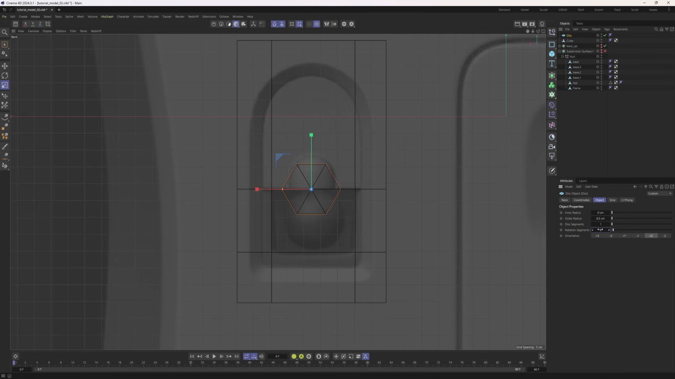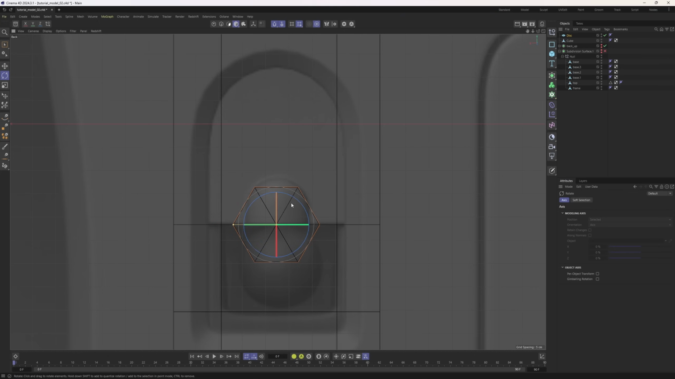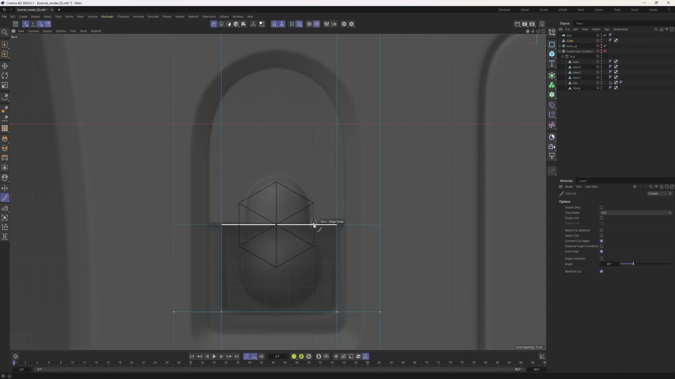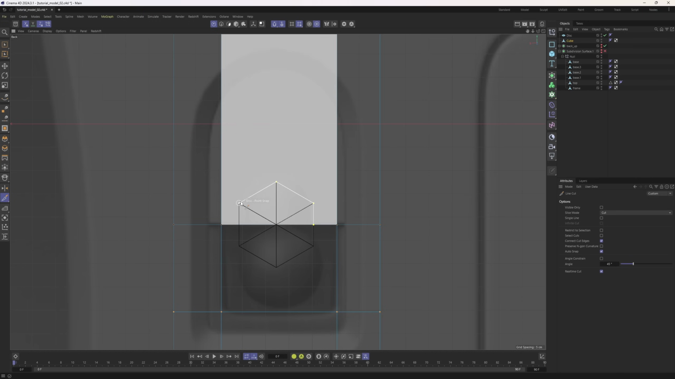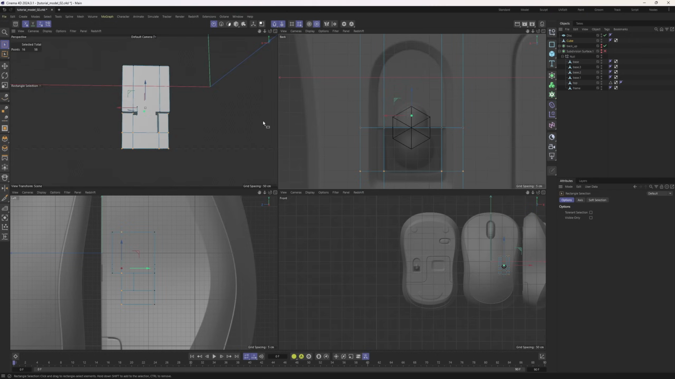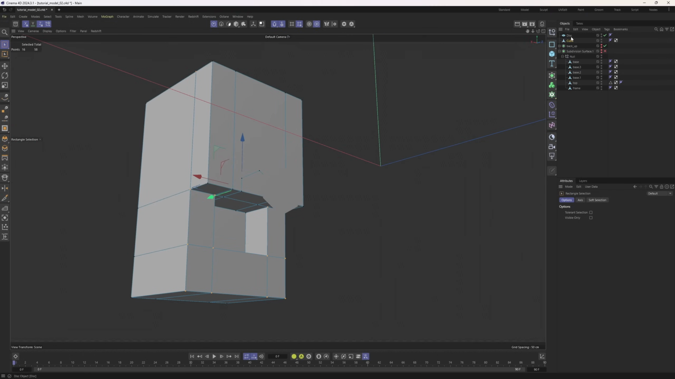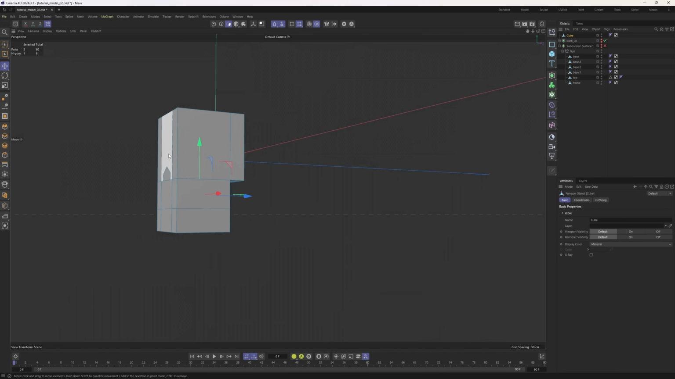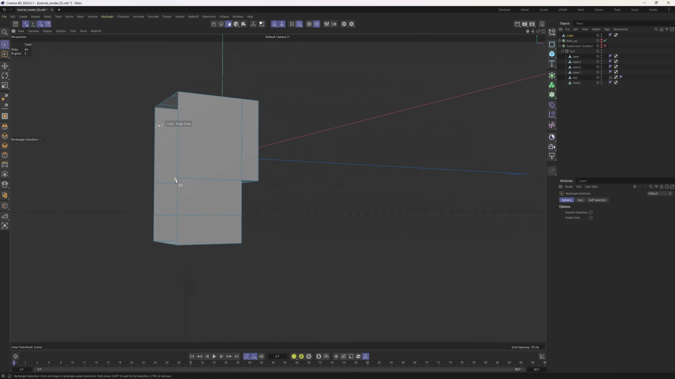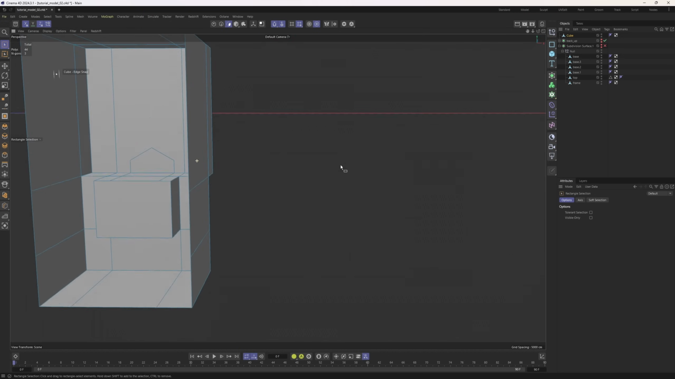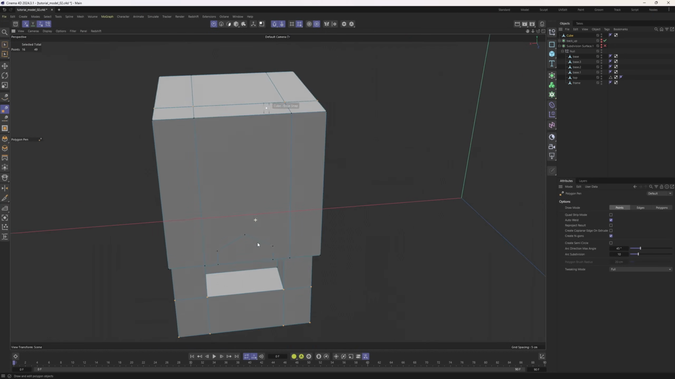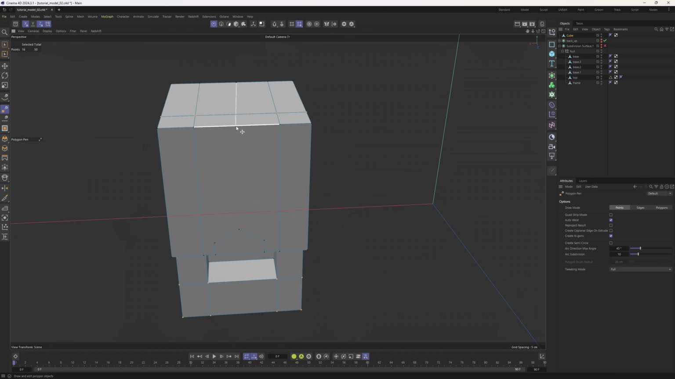I will set this to 6. I will rotate it. Then I will select this cube, line cut tool, and snap the cut on the points. Now we can get rid of that disk. By the way, we can get rid of these polygons as these are not going to be visible. Okay, then polygon pen tool, turn off the snap,